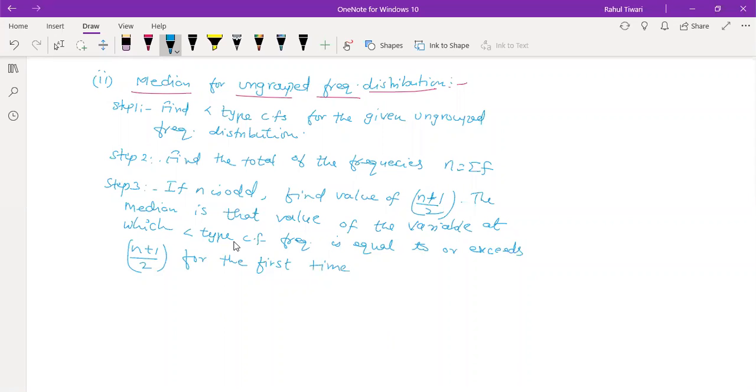Similarly, in the second case, if your n is even, then find values of the